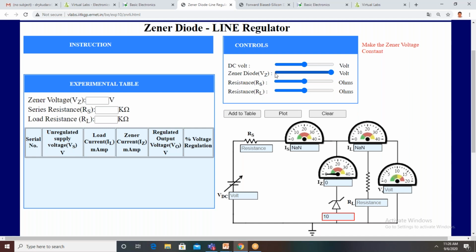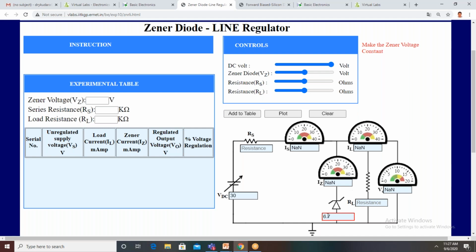The GNR voltage is available from 3.3 volts minimum to a maximum of 10 volts. You can choose any value between these two. Here I am choosing 6.7 volts. If you apply a maximum voltage, even if the input voltage is 30 volts, it will not change because it acts as a voltage regulator. When you change the input voltage from minimum to maximum, it won't change the diode voltage. Here the DC voltage is 30 volts, but the diode drop is 6.7 only.